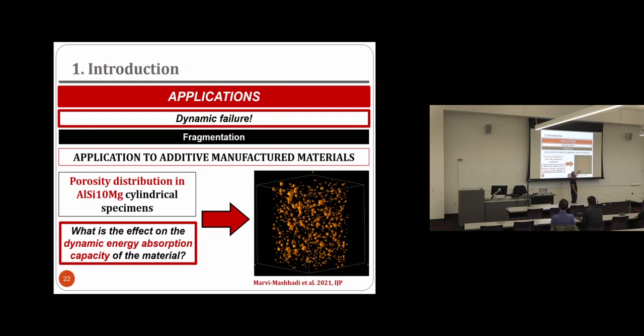So this is just a rendering of a 3D reconstruction of X-ray tomography that we performed at India Materials with my friend Fedesquet. Here you can see the distribution of different voids, which are nearly spherical, inside the material. This is for a specimen made of aluminum, silicium, magnesium. If I remember well, this is something like 2% of porosity, and with 2% of porosity, you already see all these voids inside the specimen.